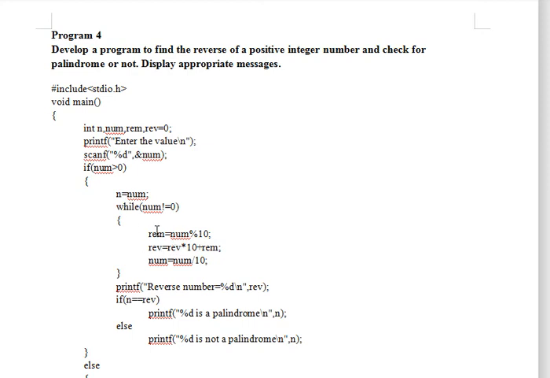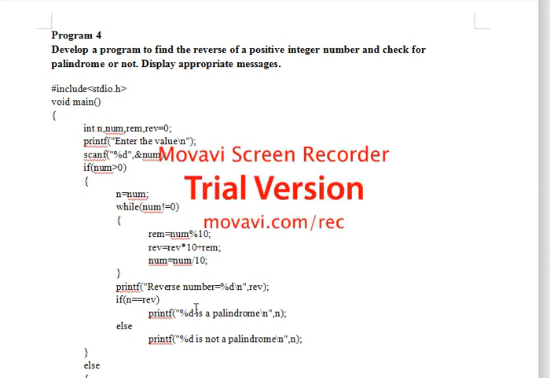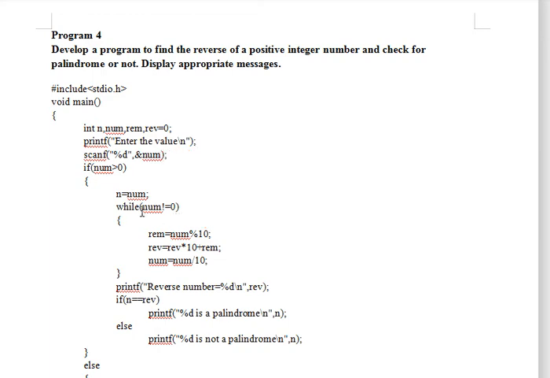And here we have used the while loop. So these three statements are put inside the while loop. These three statements are going to repeat until the number is not equal to 0. Once it is equal to 0, the condition fails and it will come out of the while loop and it is going to print the reverse number.